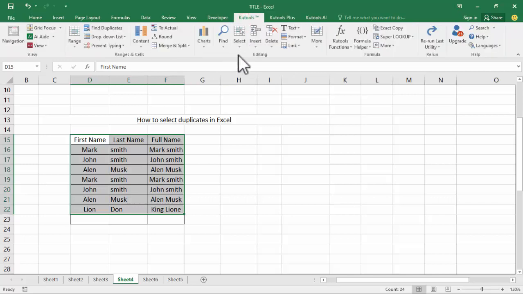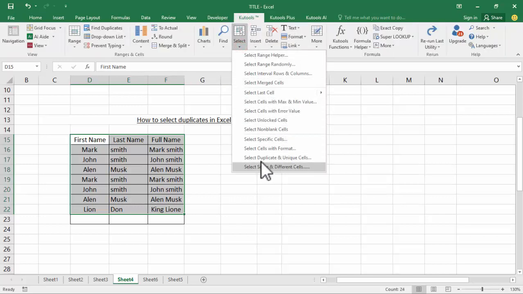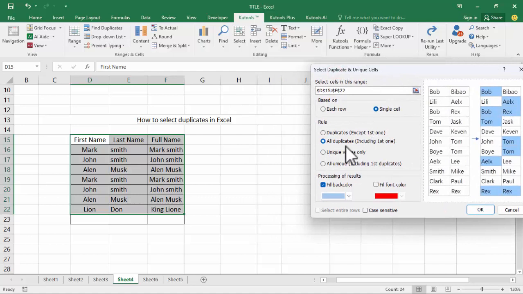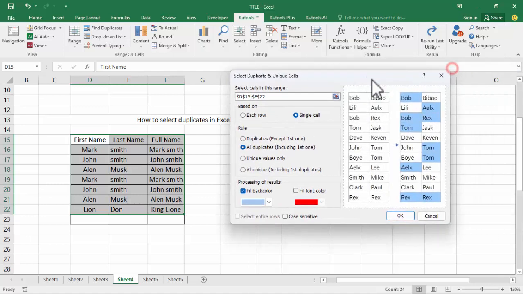go to Tools, select duplicate and unique cells. Okay, all duplicates including the first duplicate, except the first one. Okay, all unique including the first duplicate. Okay,